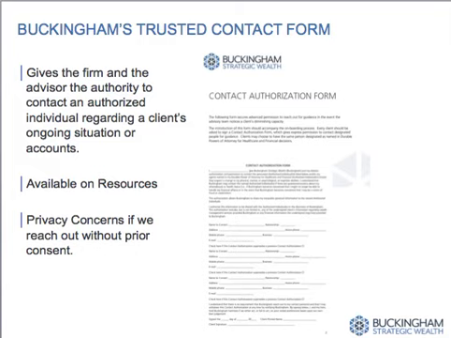Thinking about that in a client situation, let's say we look at a client profile and they might have someone that they've talked about in a client meeting, but for whatever reason we didn't document and get a trusted contact form on file that gives Buckingham the express authority to reach out to this person. We might think that we're reaching out and trying to help this client in a time of need, but again, if we do not have this form in place, we may actually be violating Regulation SP at the SEC.